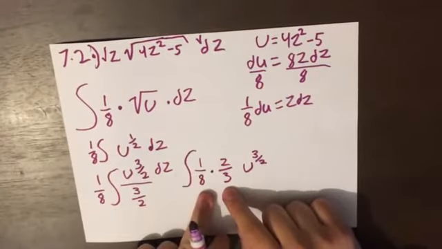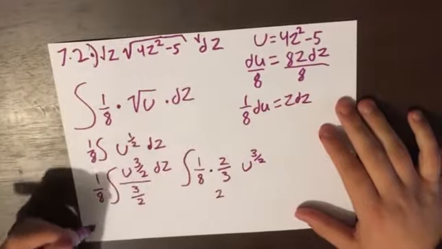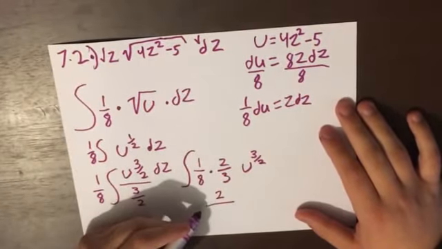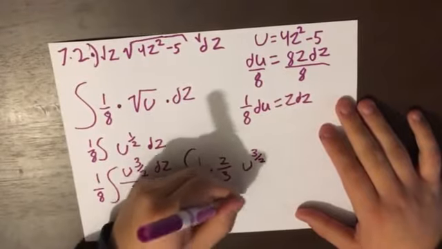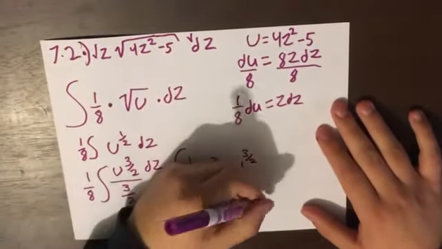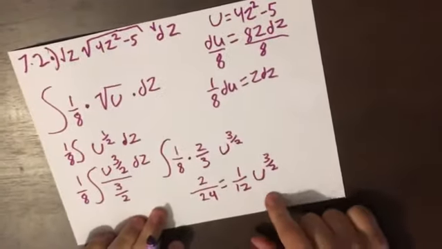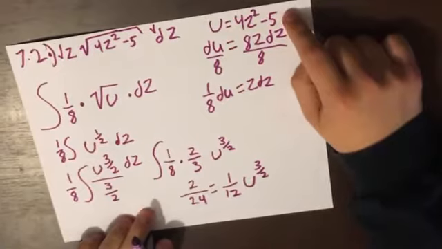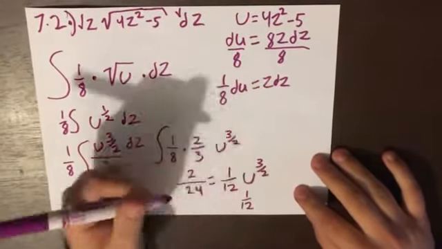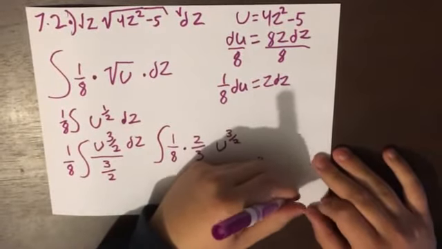So what do we have here? So 1 times 2, 2, 8 times 3 is going to be 24. This simplifies to 1/12. So we're going to have 1/12 u to the 3/2. Now that we got this, we can now substitute our u, which is 4z squared minus 5. So it's going to be 1/12 parentheses 4z squared minus 5